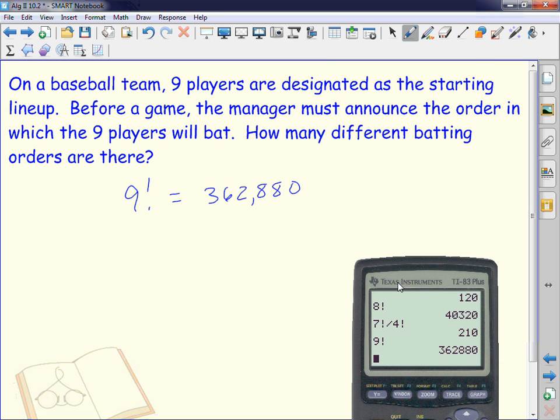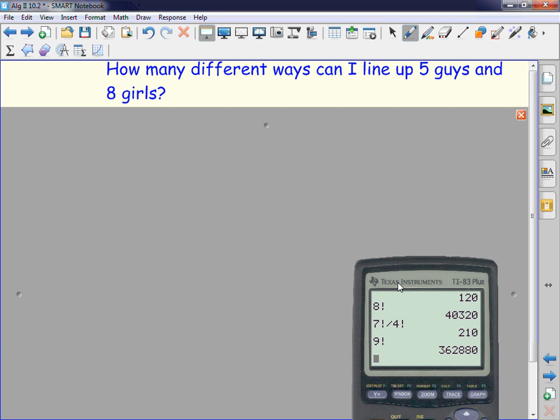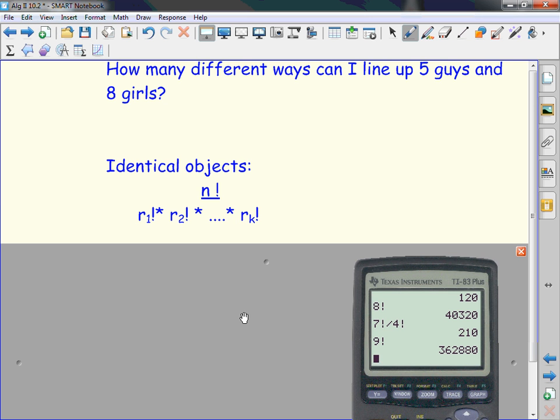So when you're talking about how many different things are happening, that's a permutation. How many different ways could I line up 5 guys and 8 girls? This problem is different than the other one because I am talking about guys and girls, 2 different sets. But they're identical objects. When they're identical objects, use the formula n factorial all over